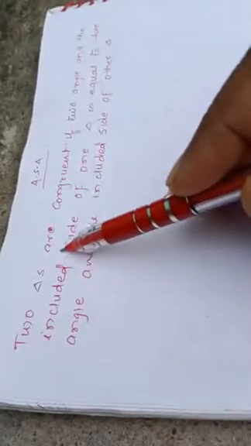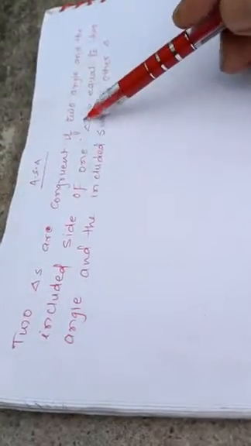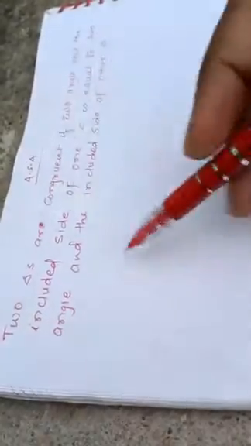Now students, come to the topic of the ASA theorem. See, it is written that two triangles are congruent if two angles and the included side of one triangle are equal to the two angles and the included side of the other. Let's understand